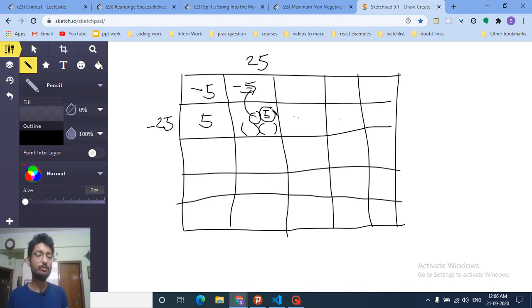And if this is a positive value, then I find the largest value from the top or from the left and multiply it with this point. Because if I take only those values, it will help me construct the next value.